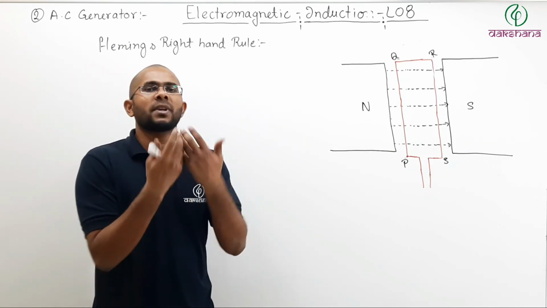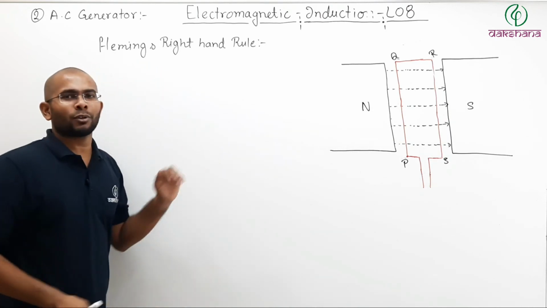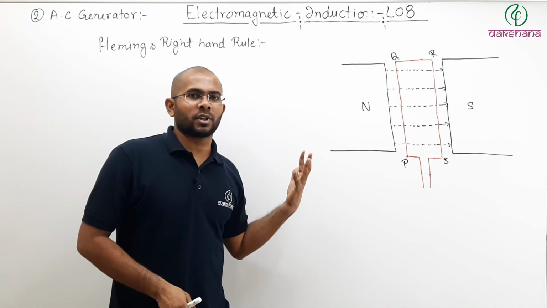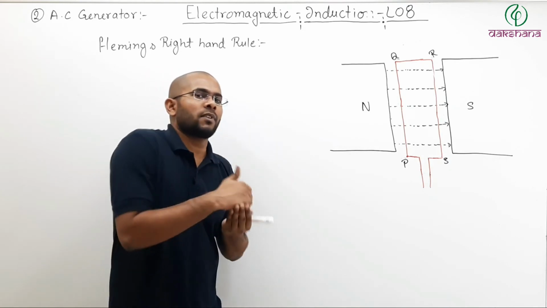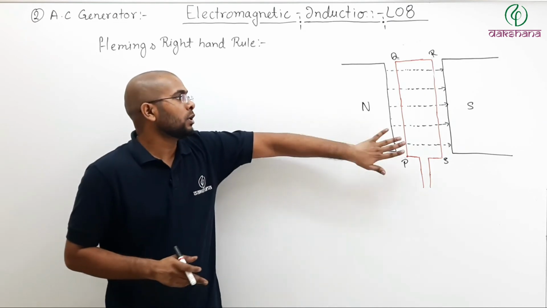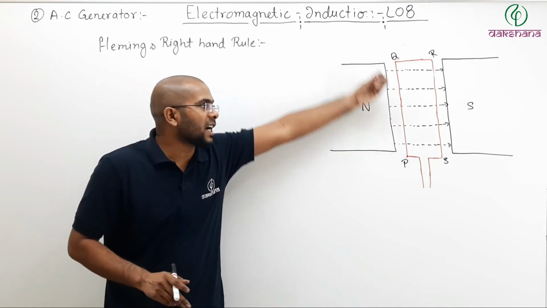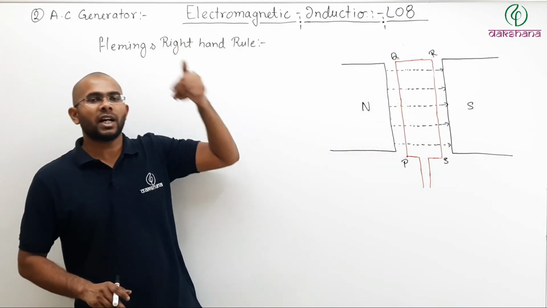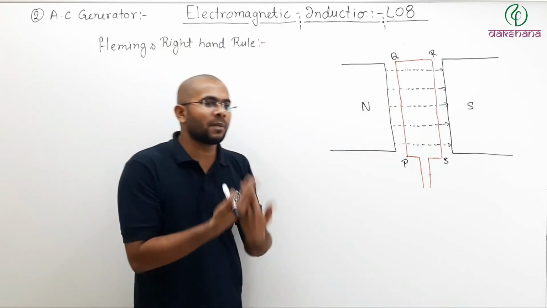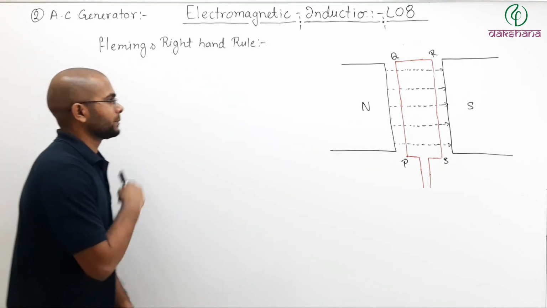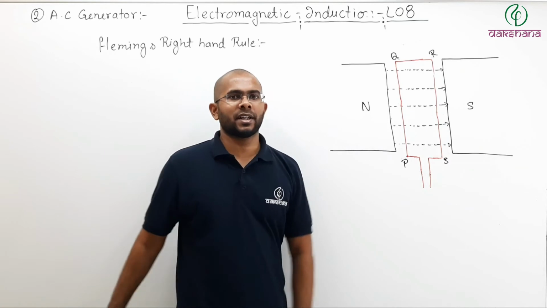So Fleming's right hand rule is nothing but a derivation of the method we have already seen. It just simplifies things for those who do not know what a cross product is. So in 10th standard, you didn't know what the cross product is, so you were taught Fleming's right hand rule. But if you know what a cross product is and how your charges are flowing and how current can be known, then you need not remember this. But sometimes it may be asked in your board exams. That is why we have to study this. Okay. Now what is Fleming's right hand rule?